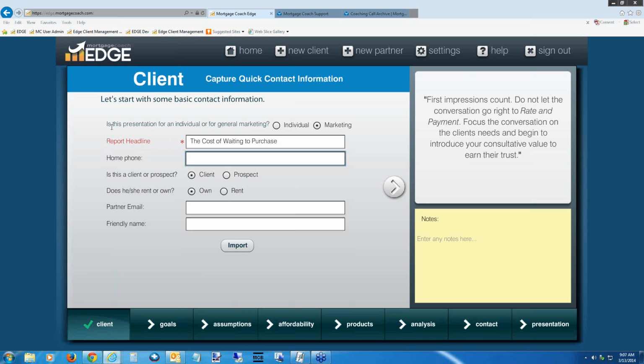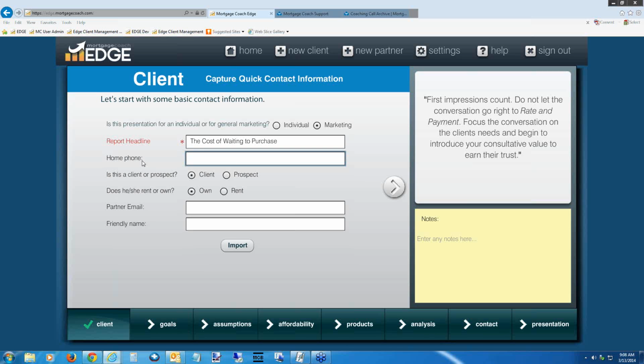So you'll notice that there are some fields that are in red, things like the report headline, or if this was an individual, it would be the first and last name. And for those cases where it's in black, this is not a required field. So if you don't have this information, feel free to move along. It's okay. Now I will explain what each one of these is for you so that you have an idea